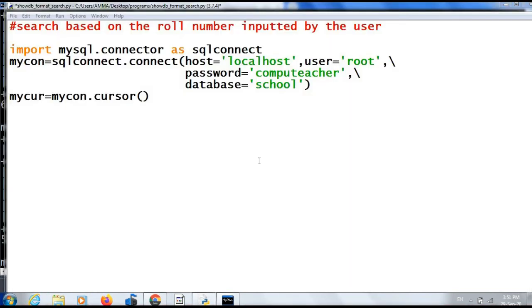Next is searching. Search based on the roll number inputted by the user. First do the connection, then create the cursor object, then accept the roll number that is to be searched from the user.